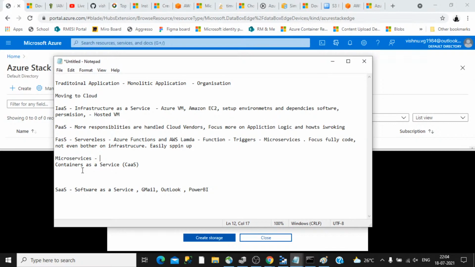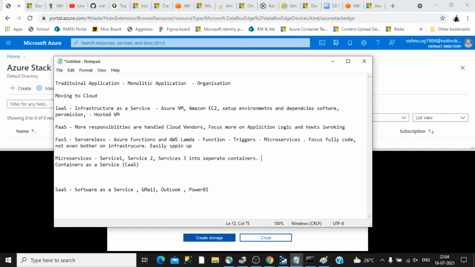In a microservices architecture, you can split into different services, like service 1, service 2, and imagine service 3 and so on, up to this container as a service, and each one can be deployed into separate containers.